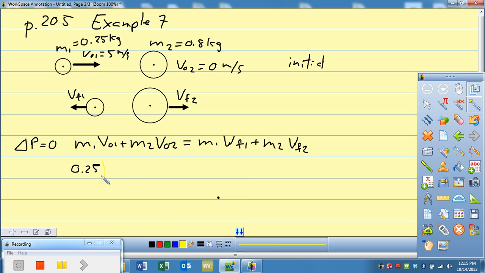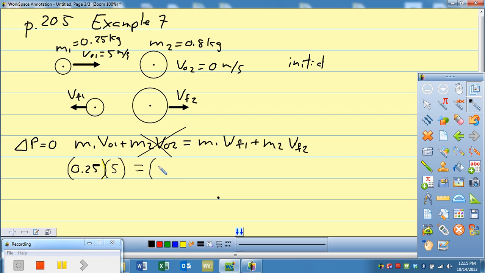Okay, so we got 0.25, that's pretty good. V01 is 5, okay. Now, we know that V02 is 0, so this term is going to go away. Okay, so that's going to be equal to